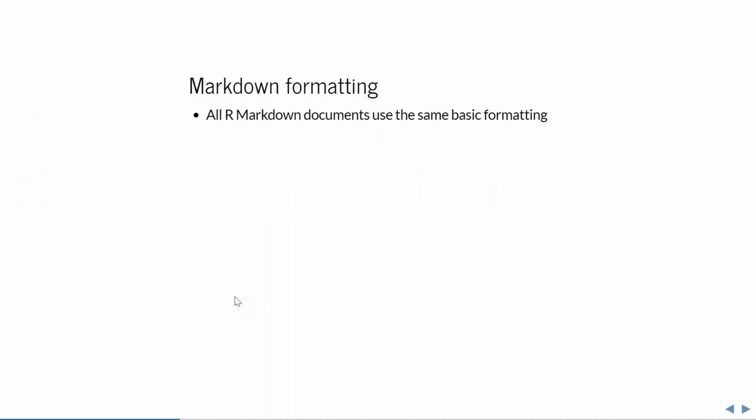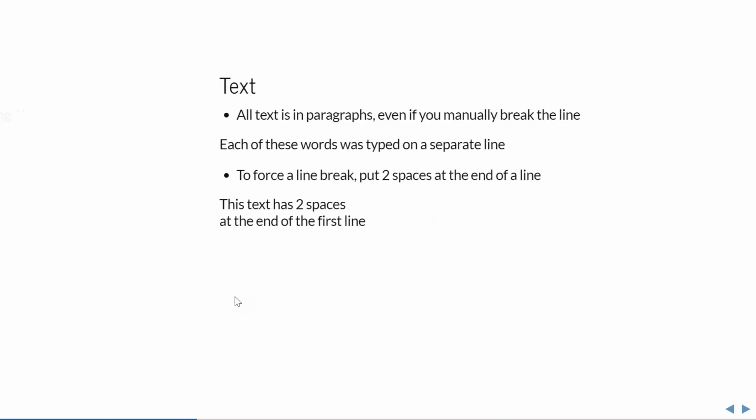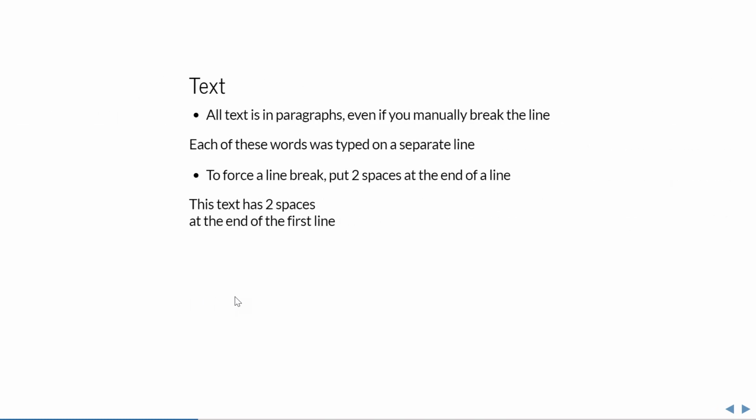So one of the things that's nice about Markdown or R Markdown is that all the documents use the same basic formatting commands. It's all very similar. So whether you're creating slides or a Word document, you're using the same types of formatting commands. So to create text, you just type it in. It's just